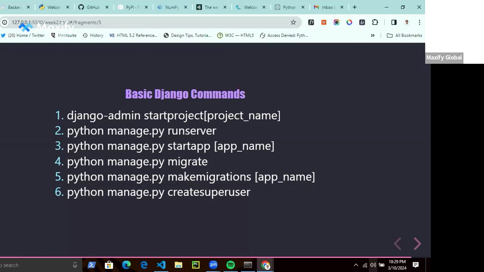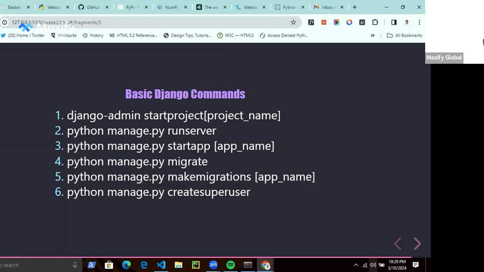Then we also have another command that says python manage.py createsuperuser. Now, this command helps you to create a super admin in your Django application. Like I said, Django is a batteries-included web framework. It comes with a built-in admin interface for you to use and manage your data.